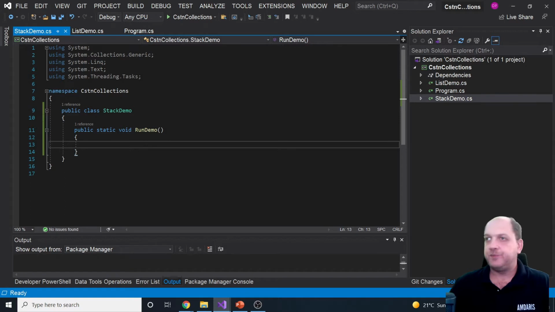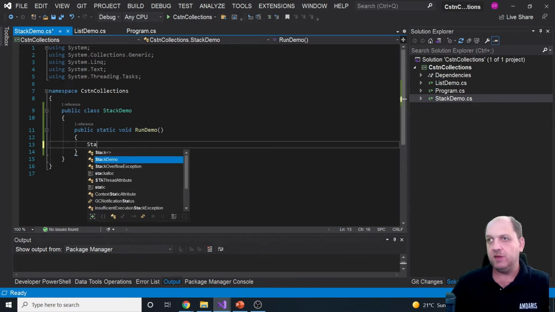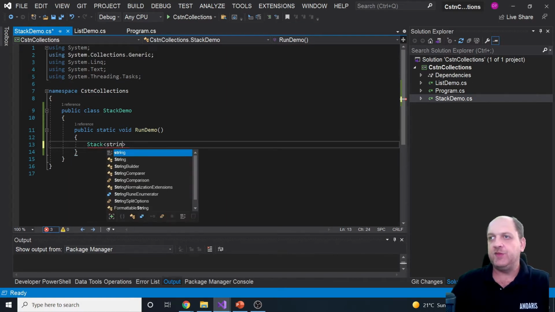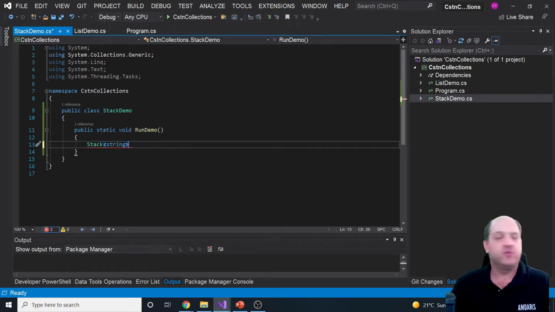So as said, when we use stacks, we can have a stack of string. We start from an example that we used also for the list with the cities. So let's call this cities, and this would be a new stack of string. Now, since the stack is actually a very specific type of collection with a very specific behavior, as we have seen, you can just push things to the stack if you want to add something and pop elements out of the stack if you want to retrieve them. So it means that here we won't use any collection